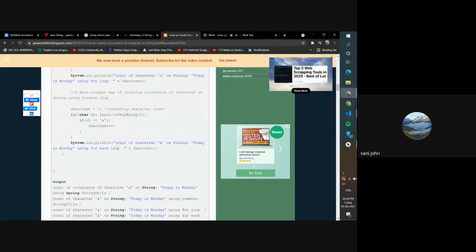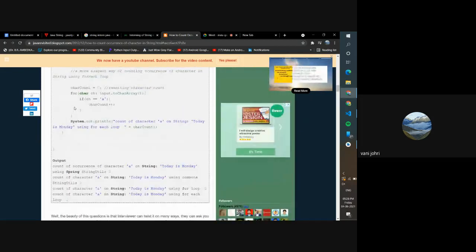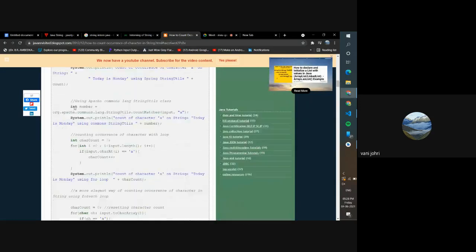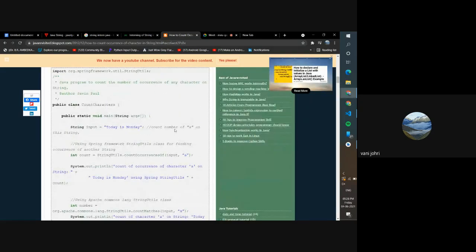So what they did is that the input is the string. Remember that they used toCharArray to convert it into a character array, and then they ran the for loop through it. You can use a for each loop with arrays, and you can just write char ch : input. You know what? Just let it be for now. When we do arrays, I'll explain it to you, because otherwise it will end up being too confusing. So the one that you can use right now is this thing, or you can use